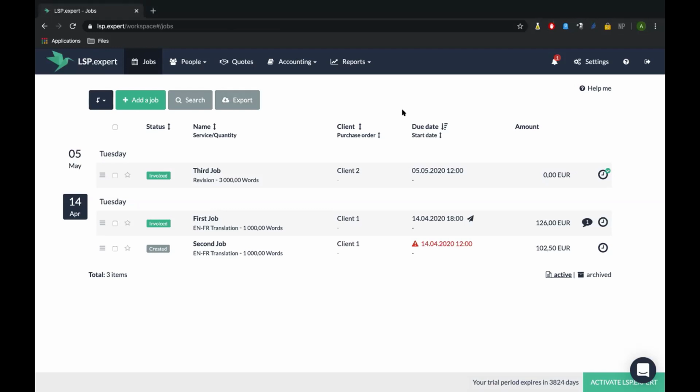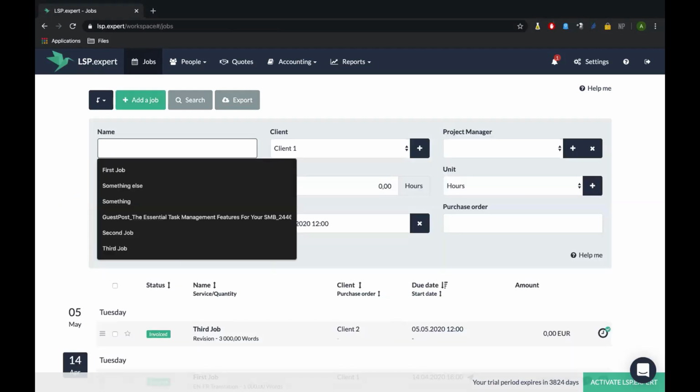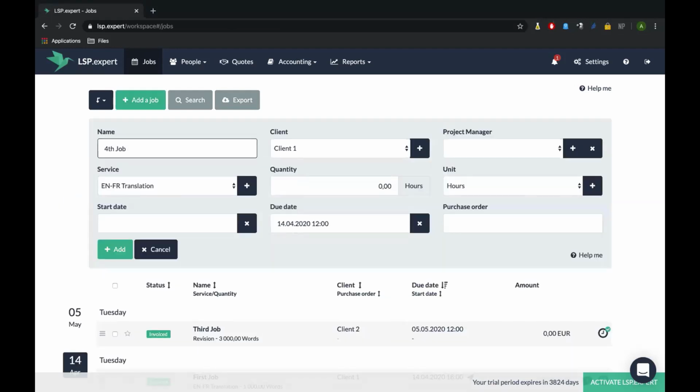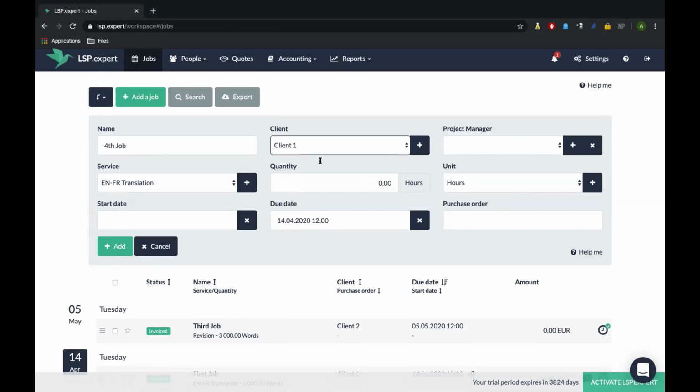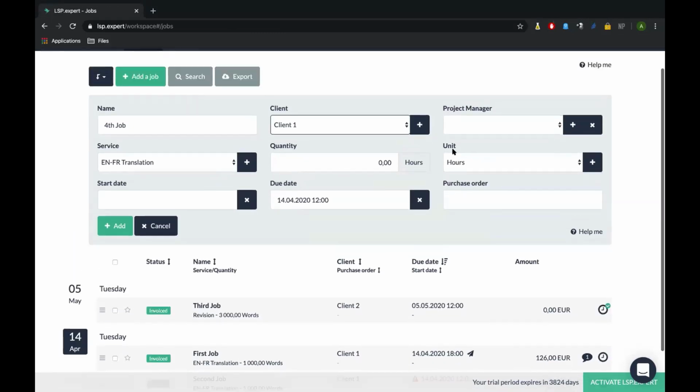So I keep on going. I showed you how you can create quotes and invoices with different types of units. I can now show you maybe a different task, a fourth job. Again, it could be for my client number one. Let's say it's English to French translation.